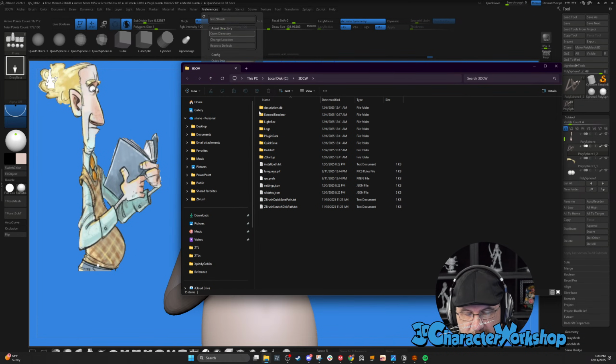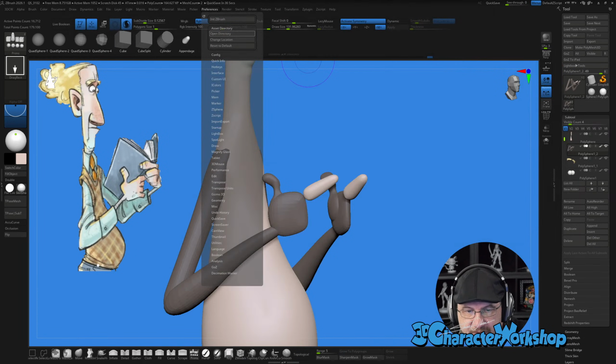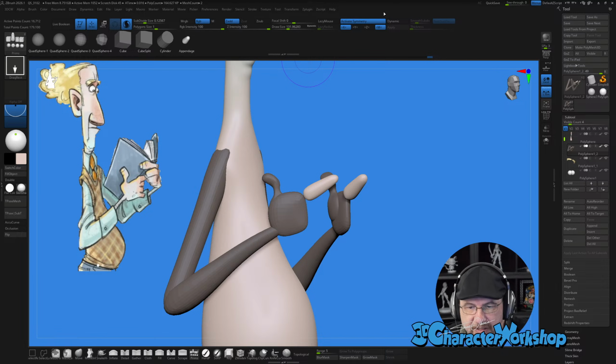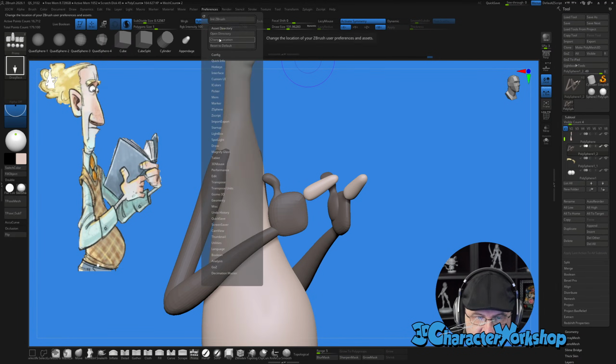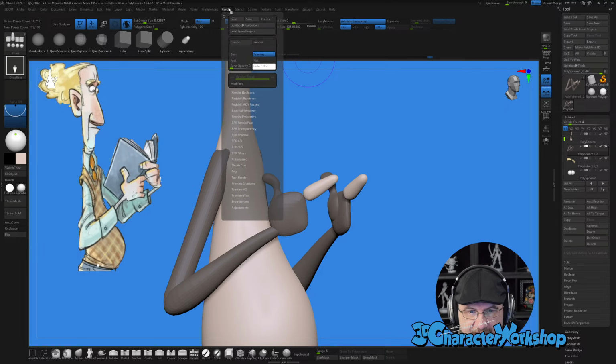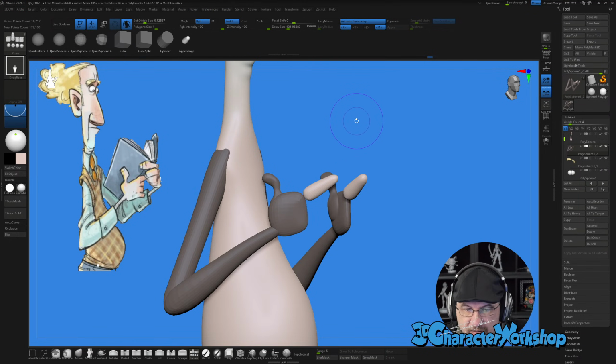If you point it somewhere else, you can go to change location right here, and I need to test this, but if you point it away from the default location, it will give you a quick save error. It's been giving me a quick save error. So I'm not quite sure. I don't want to reset it to default yet. I want to make sure I can get it working. But anyway, just know that's what that error was.